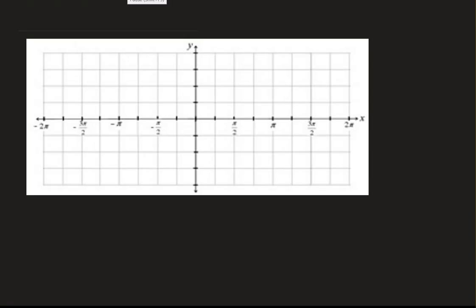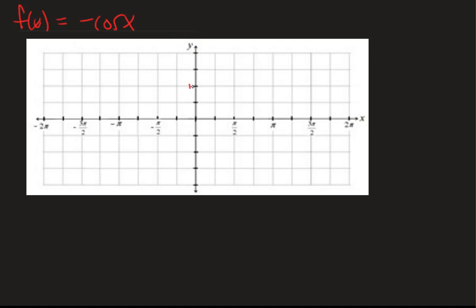Okay, we need to sketch f of x and g of x on the same coordinate plane. So let's start off with just the first one, f of x. F of x is supposed to be negative cosine x. Okay, so luckily there's not too much going on here. It looks like it's the cosine graph, and by multiplying it by a negative, it's going to flip it over the x-axis. So what I would do is I'd go ahead and start to graph,